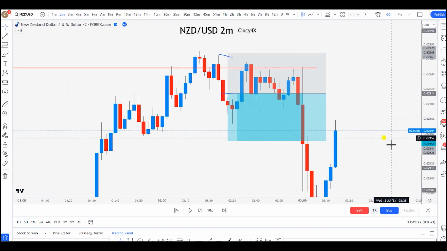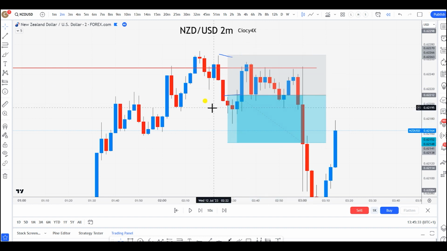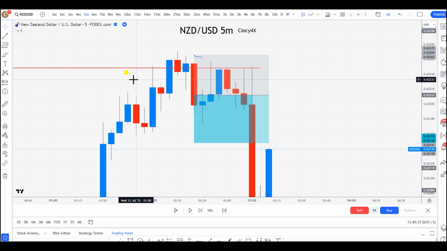So now you would be like, oh, okay, there's an imbalance. I'm taking from this, okay? So there's a field of imbalance because ICT says that after taking off liquidity, you have to take the imbalance. Yes, look at this. What happened here? If I play with the time frame, look what happens right now. What do you guys see?